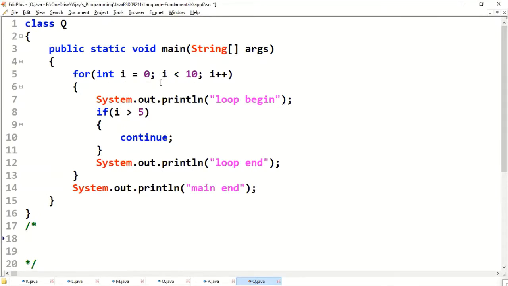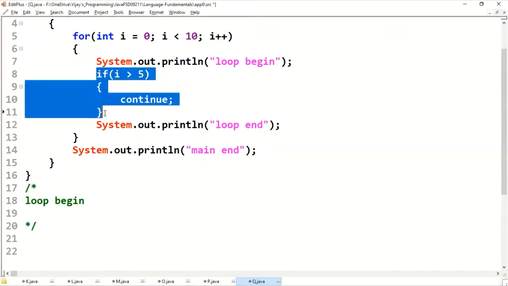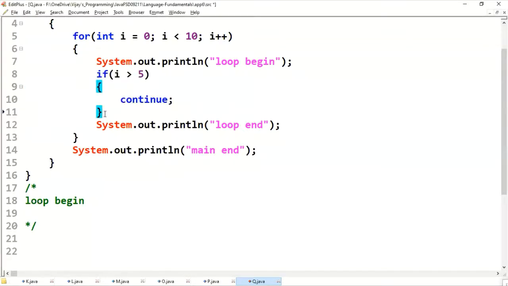For the first iteration, i is 0, 0 less than 10, loop begin. Now it is going to check the if condition, whether 0 greater than 5. No, false. It won't execute this if block. It comes out, printing loop end.